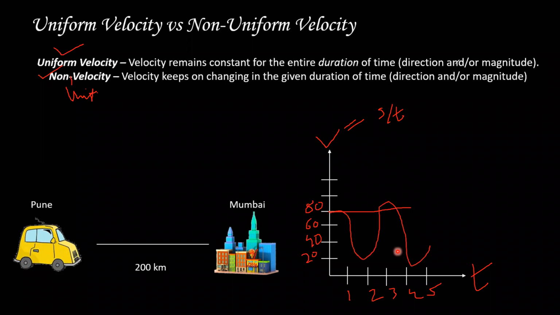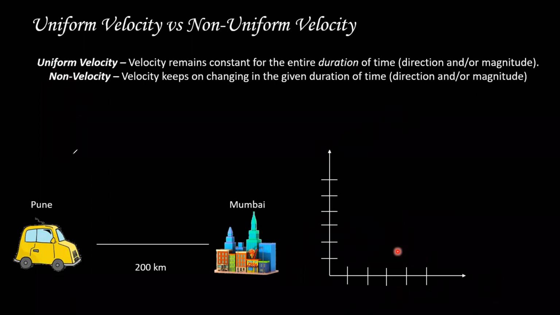Okay. But in velocity, there is one more point which you have to think about, which is the direction. So let's say our graph is something like this. I'm going to draw a new graph now, and people, please pay attention. This is not in your syllabus right now, but it's very important as a concept for you to know. So let's say I have a graph like this, and time is always positive. So I have a graph like this.